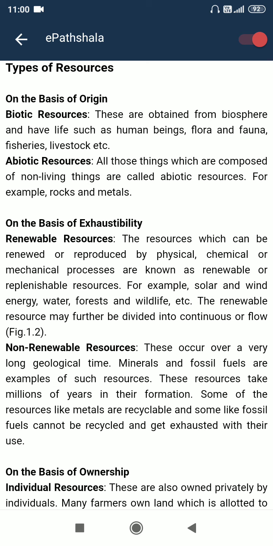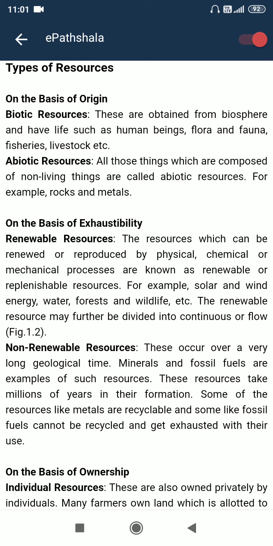On the basis of exhaustibility, renewable resources. The resources which can be renewed or reproduced by physical, chemical, or mechanical processes are known as renewable or replenishable resources. For example, solar and wind energy, water, forest, wildlife, etc. The renewable resource may further be divided into continuous or flow